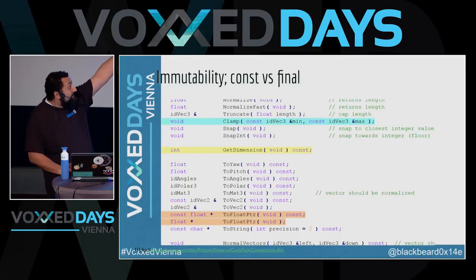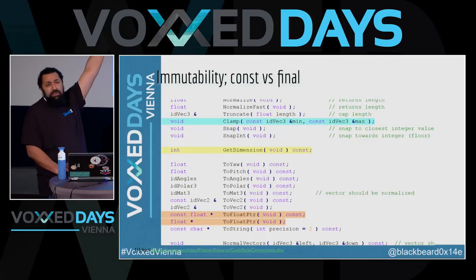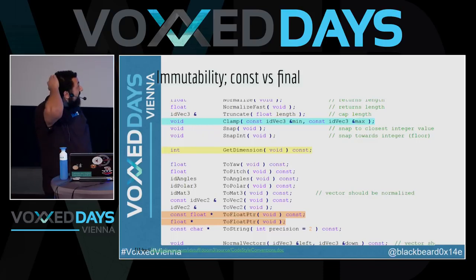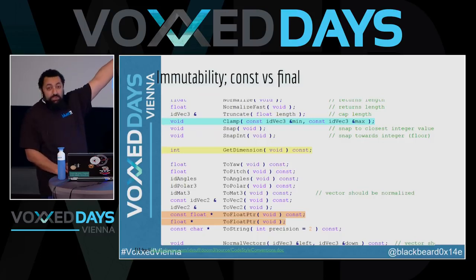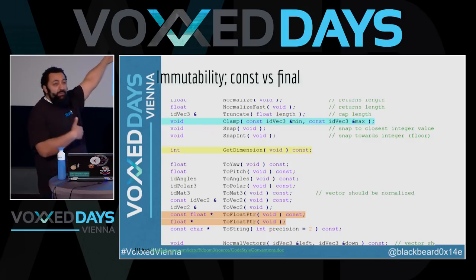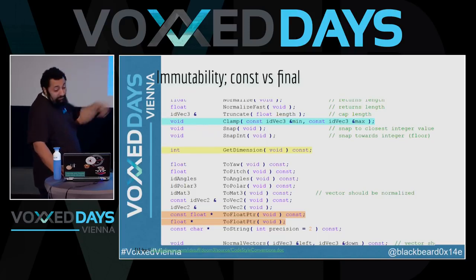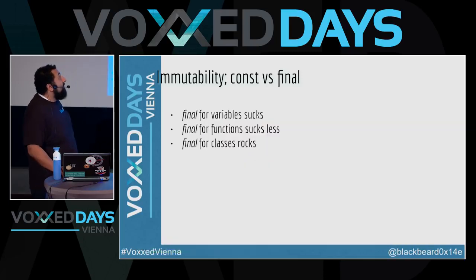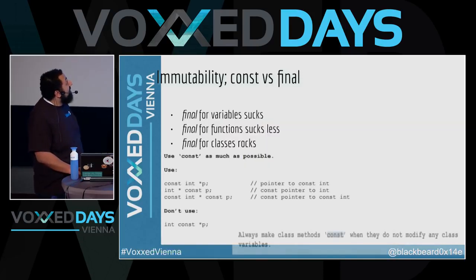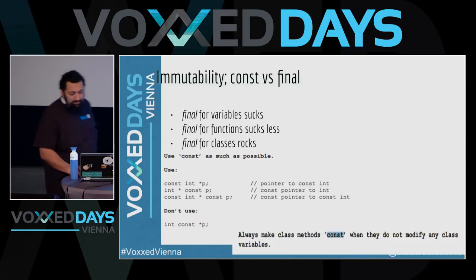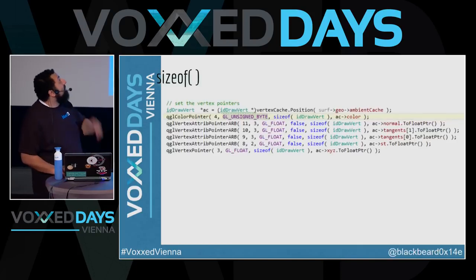And getDimension, for example, you can define a function const. In Java, you can only define a function final, which means it can't be overridden. Can be helpful, I guess. But in C++, this function is not allowed to change anything within the object it's called from. So this is a read-only function. You're just looking at the interface: hey, this function is read-only. It's also cool. We don't have that in Java, but maybe sometime we will. So yeah, final. I'm not going to rant about that.